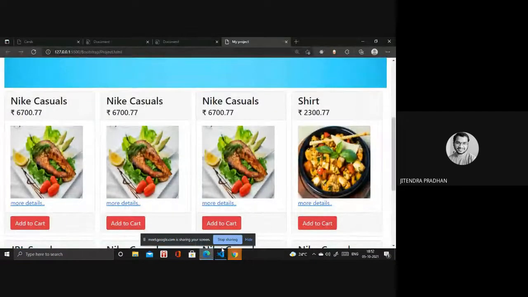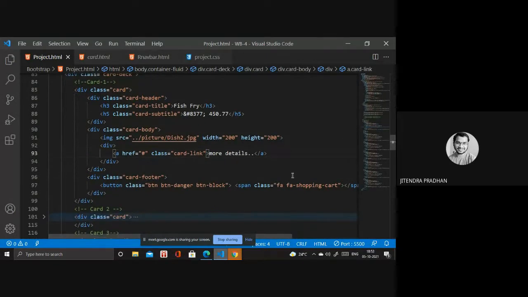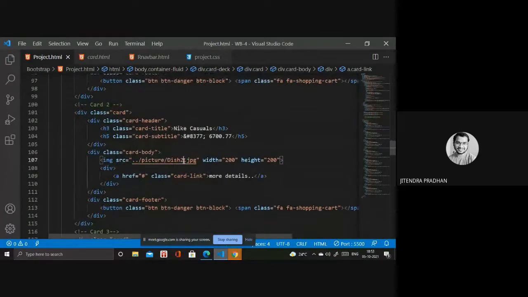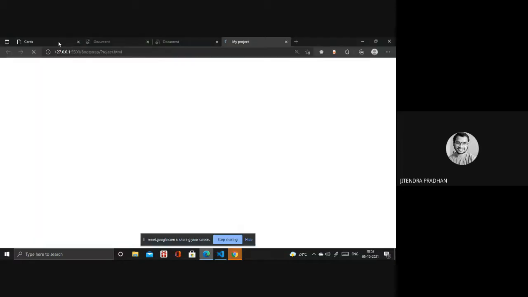First thing is fish. Okay. So next we have fried fish fry, and it's like 450. Okay, it's the one fish fry price. Okay, and if you want more details, or if you want to give that description in between, then you can. Okay, no issue. So first thing we are designing, and we have to change the picture at this two, and you have to identify that particular one.